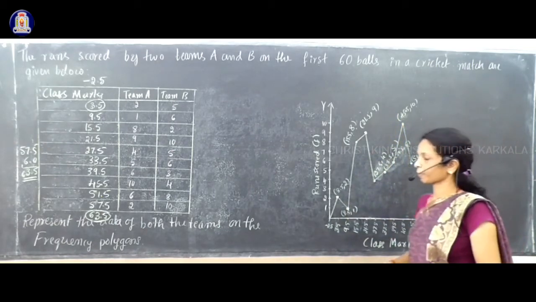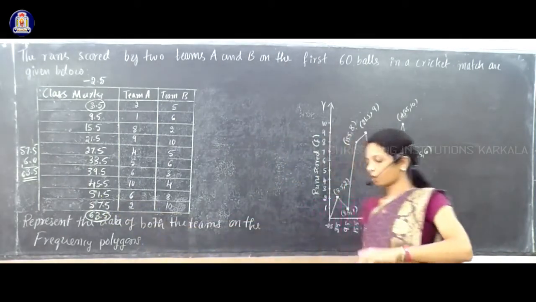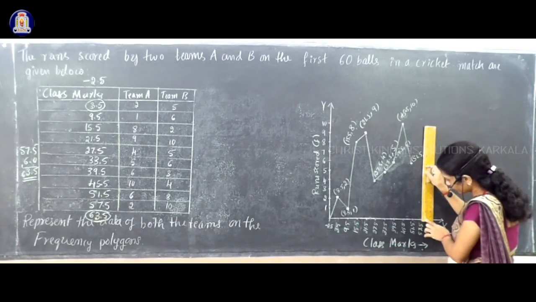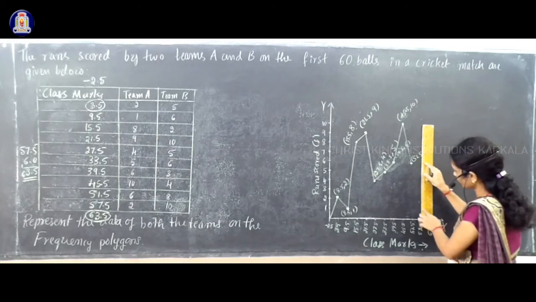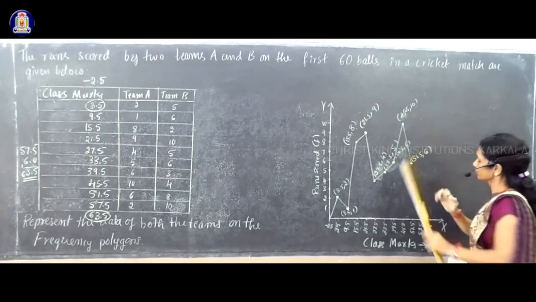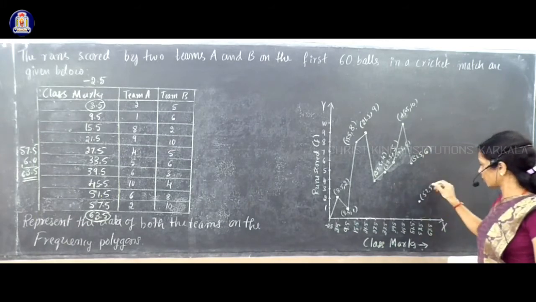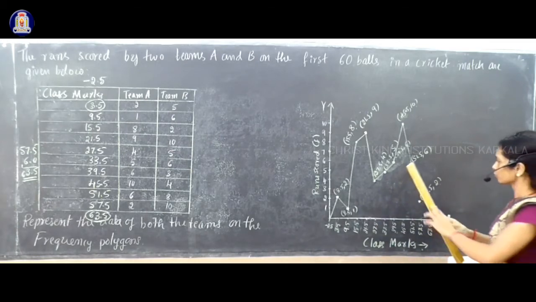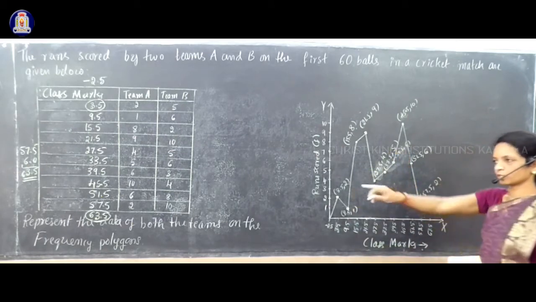And the last one is 57.5. In that you have to move up to 2. Keep your scale vertical at 57.5 and move up to 2. Next, write the coordinates of that. At the 57.5 vertical line we moved up to 2, so 57.5, 2. Join that with the previous point, and this is actually the last in the table.